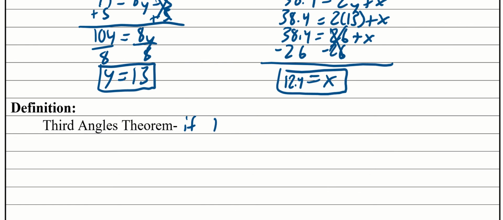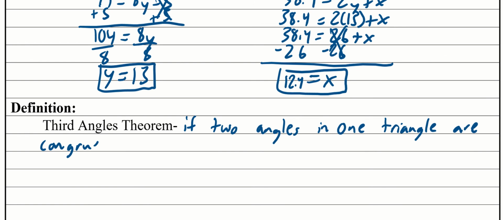It says if two angles in one triangle are congruent to two angles in another triangle,